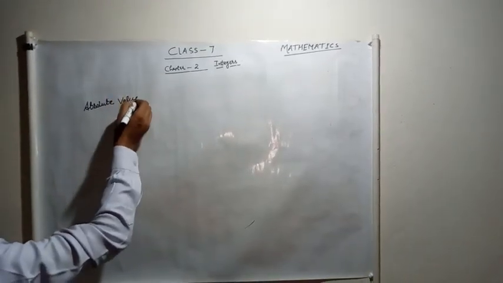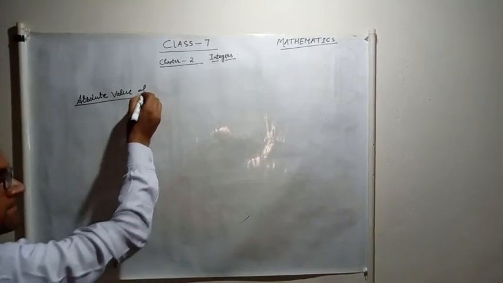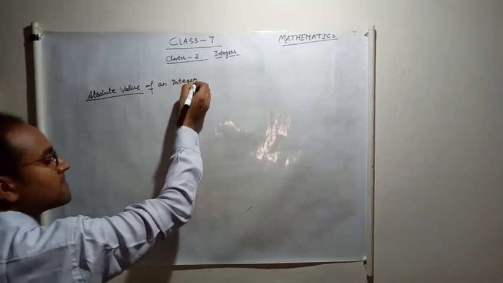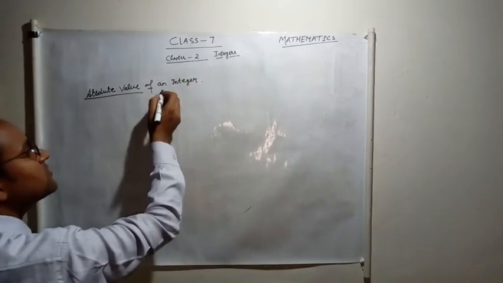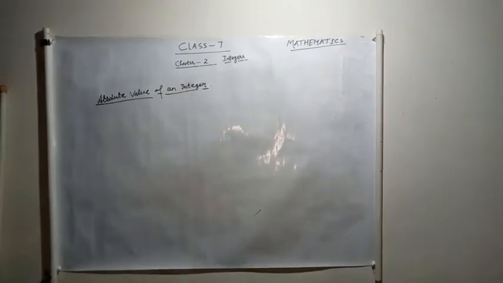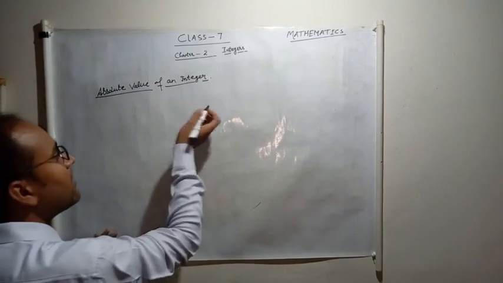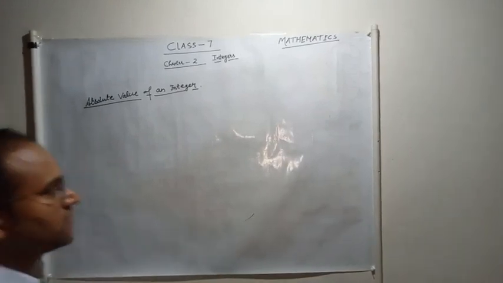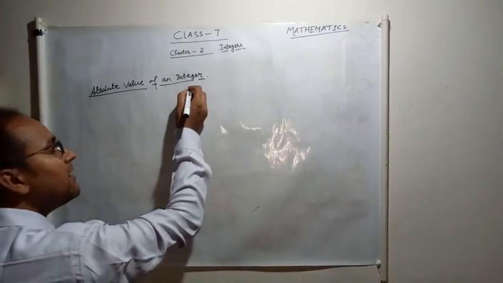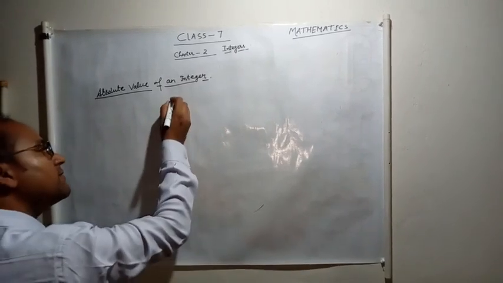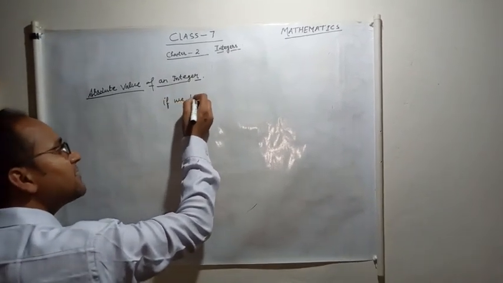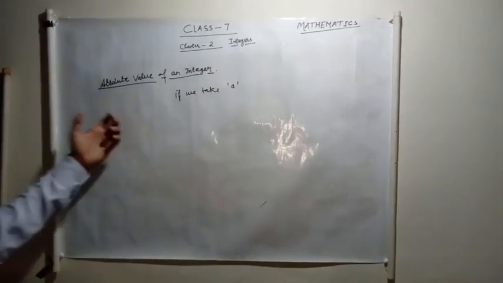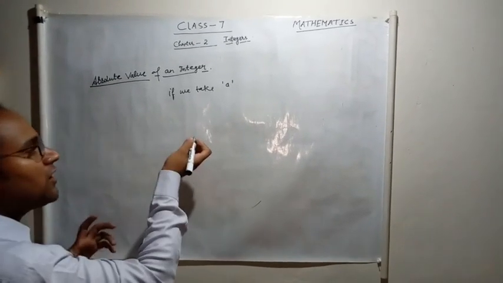Absolute value of an integer. Absolute value, it is very easy. The absolute value of any integer is always positive. It means that if we take a as any integer, then the absolute value of it is